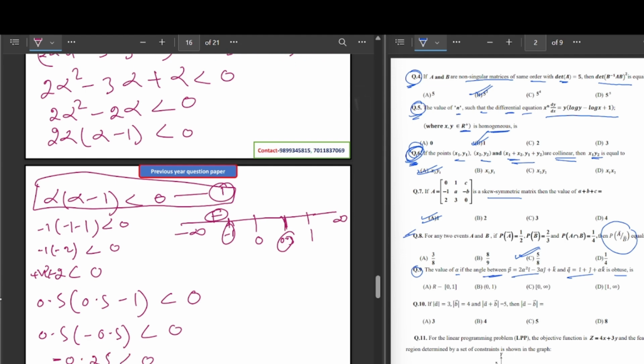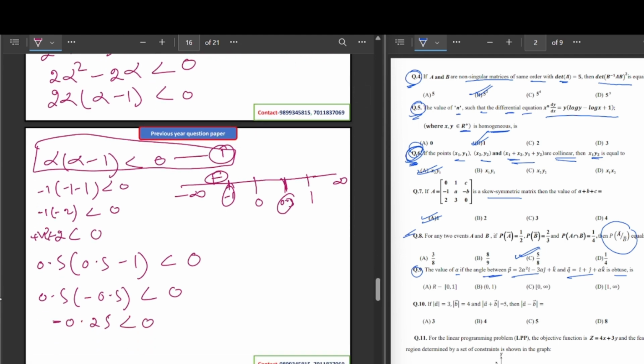So this is negative. So the value exists in this interval. So alpha belongs to